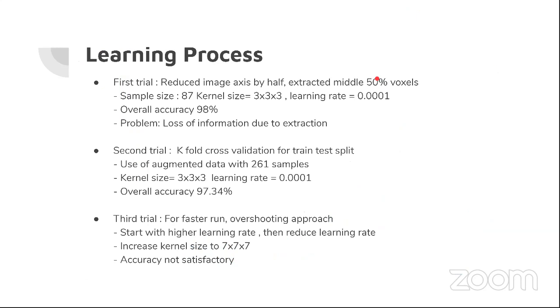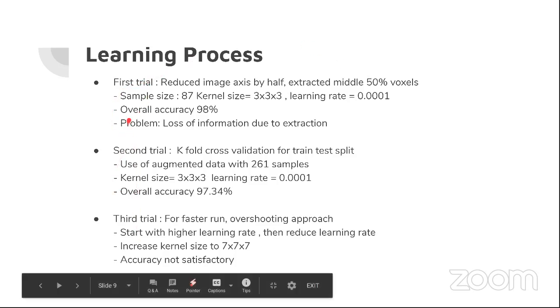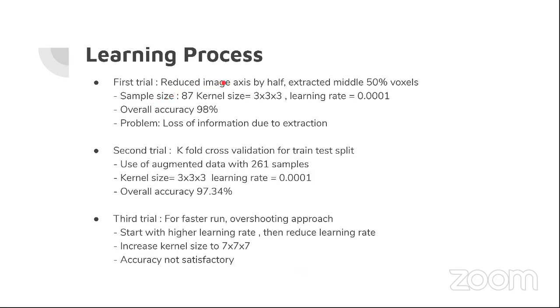Thank you, Jimmy. So before reaching our final model, we had multiple trials, some of which are stated here. First, we trained our original U-Net architecture with around 300,000 parameters on the original sample size of 87 images. Here we split the data 80% for training and 20% for testing. And also, to reduce training size, we downsampled each image axis by half, so we just extracted the middle